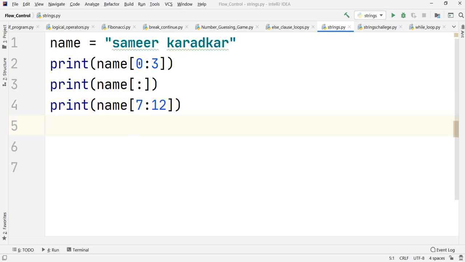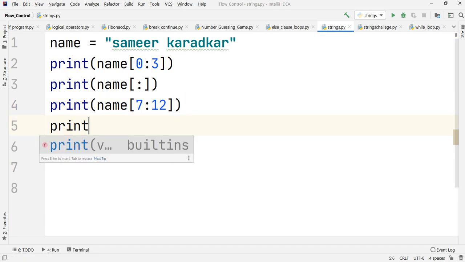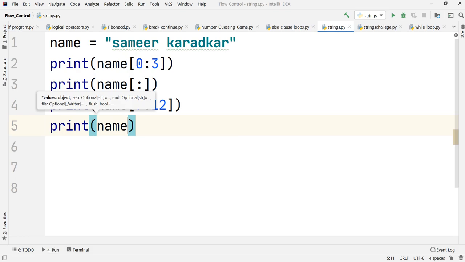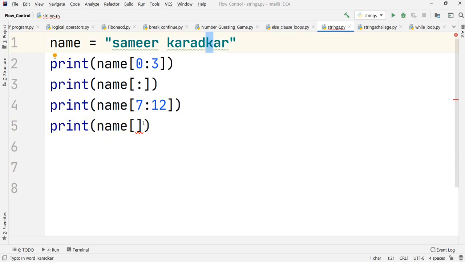And what we can even do is make use of negative position numbers. So we can span the negative values. Suppose I want to display this particular part of the string. As you know, this is -1, this is -2, and this is -3, right? So if I want to display that part, I'll have to set up the appropriate range, writing the proper position numbers. Because this is -3, we'll have to start from -3 colon, then go up to this.